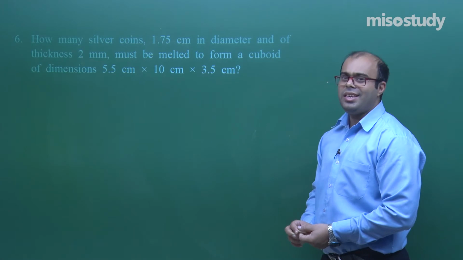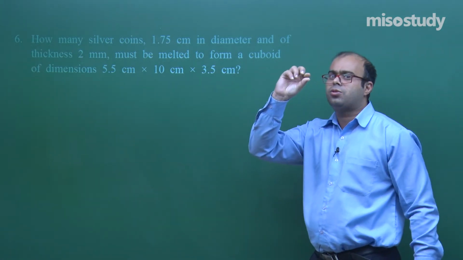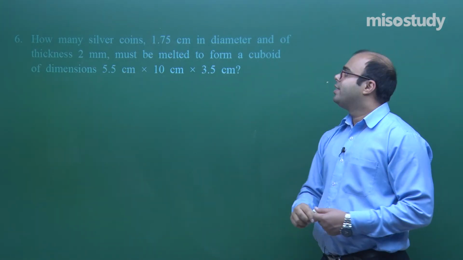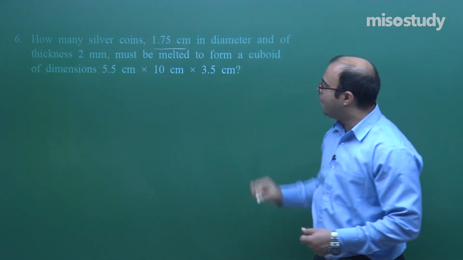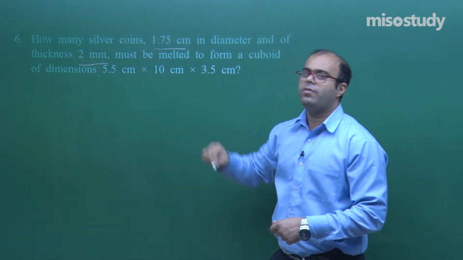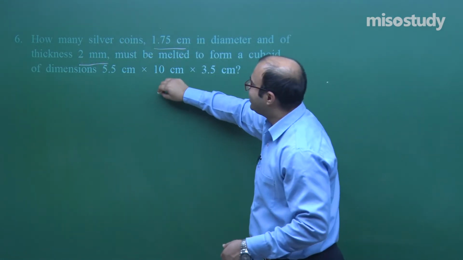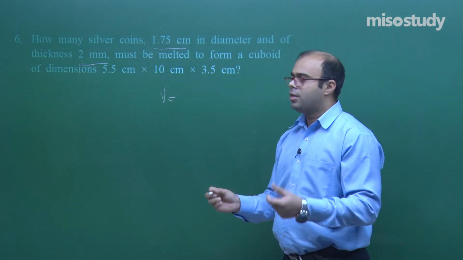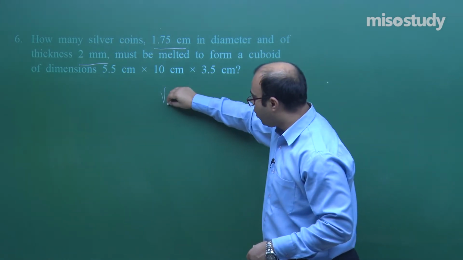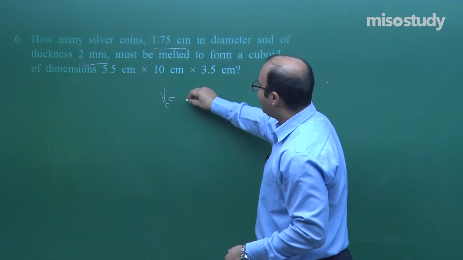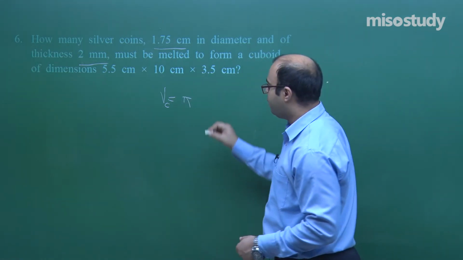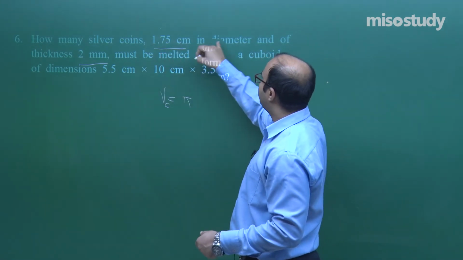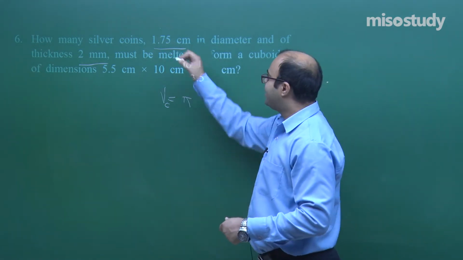So here student, the coin is a type of cylinder, though it is very small in height, very less height, which is called its thickness, but it is a cylinder. That cylinder is having this as the diameter and this as its thickness, or we can say height. So the volume of one cylinder is actually the volume of the material used in casting it. So the volume of one particular coin Vc is equal to pi r square h, that is the formula for the volume of a cylinder.